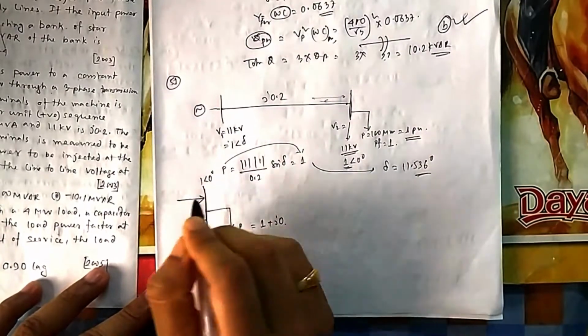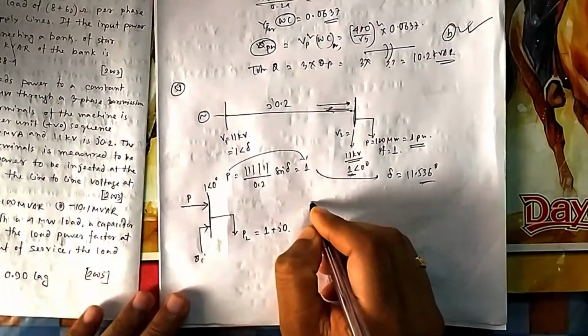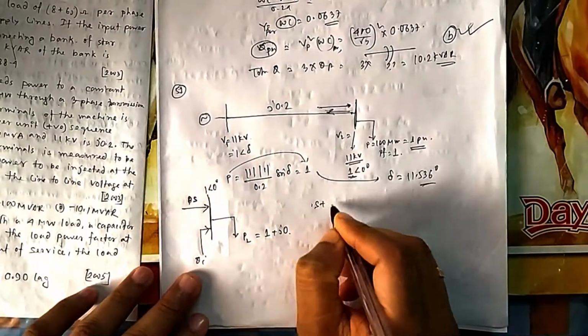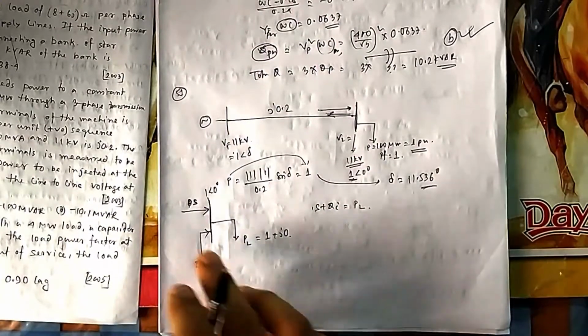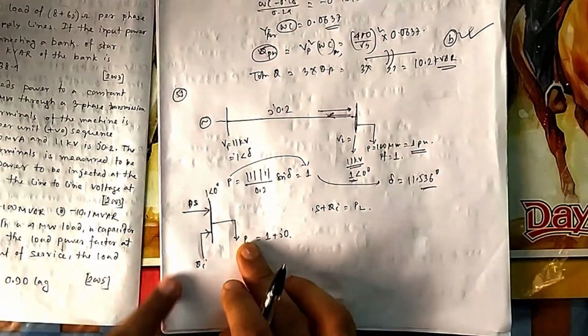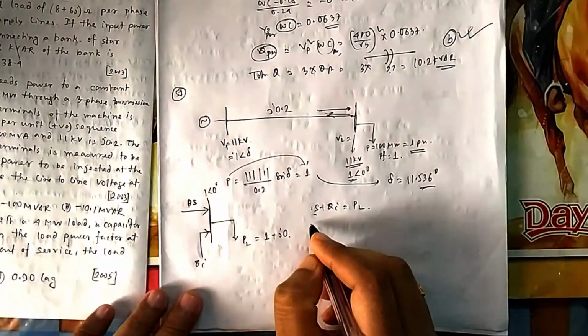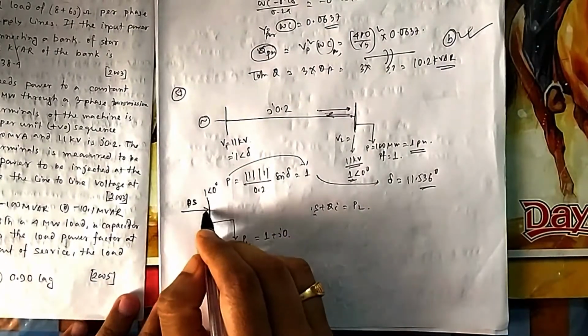So voltage into current will give you power, but this current will be coming from this, suppose this is S, otherwise P will get confused. So S plus QI will give you PL. That is, total incoming should be equal to outgoing. Total incoming power, this plus this, should be equal to total outgoing power. What will be S? Because my direction is this, V will be always this one, and depending on this direction your I will decide.